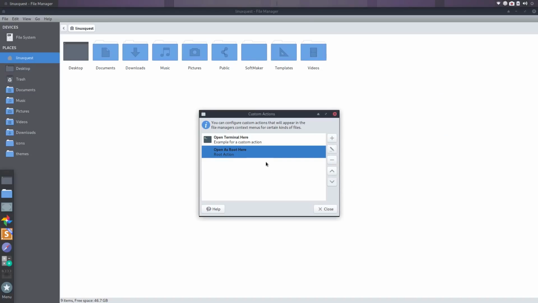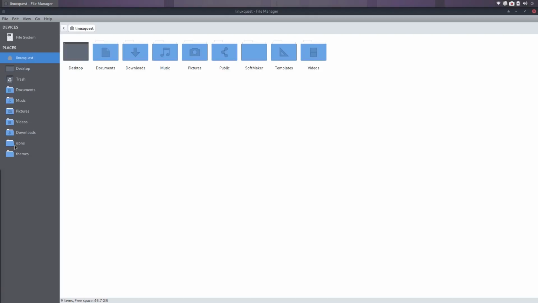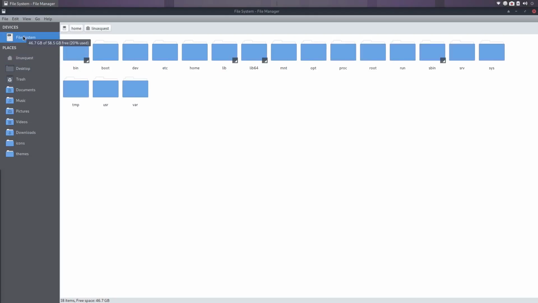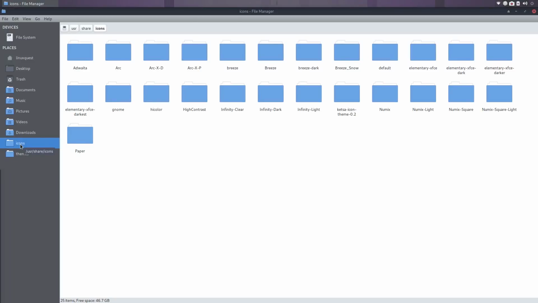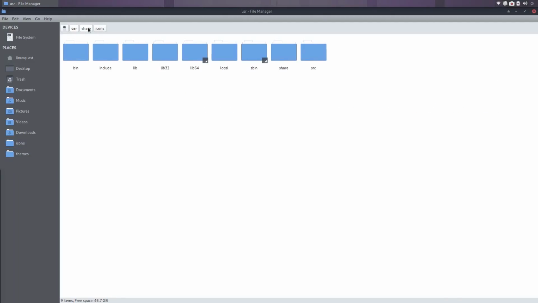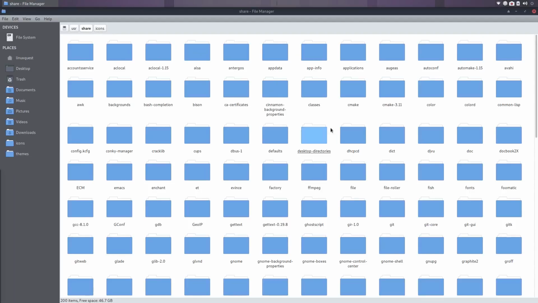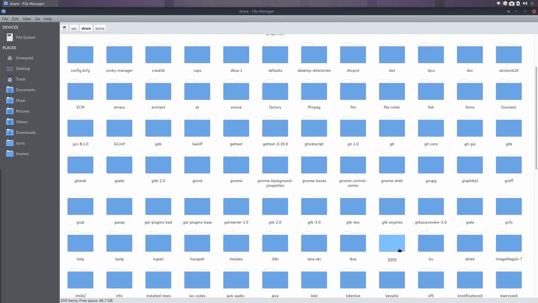Once you've got that in place, then on right click, you'll have that custom action or command. So I'm going to go ahead and hit close here. And then the next thing you're going to want to do is go into File System, and then you're going to navigate to the icon folder, which is in USR or User Share, and then you'll see icons. So if we go down here to icons,